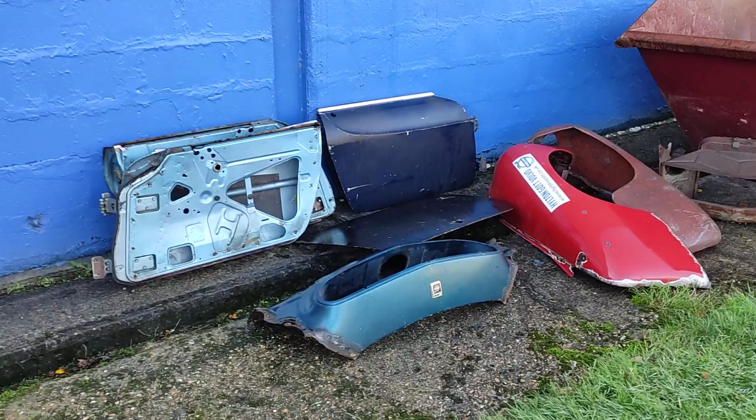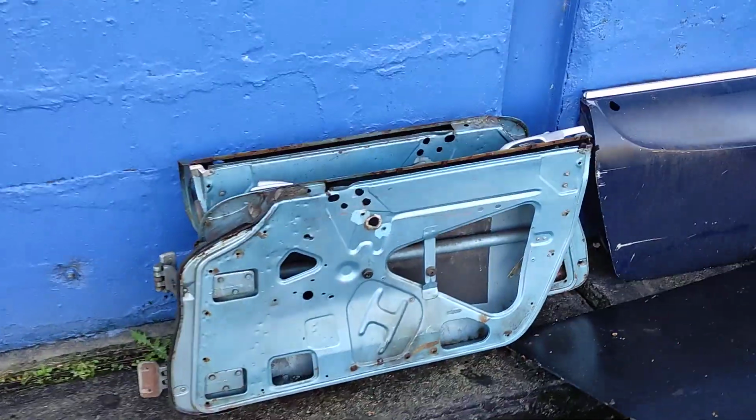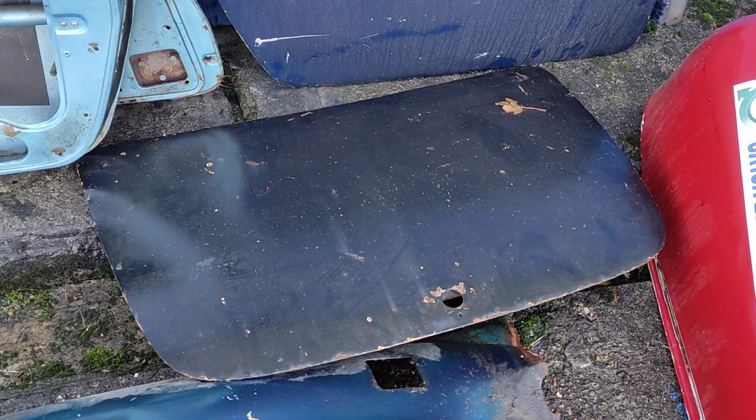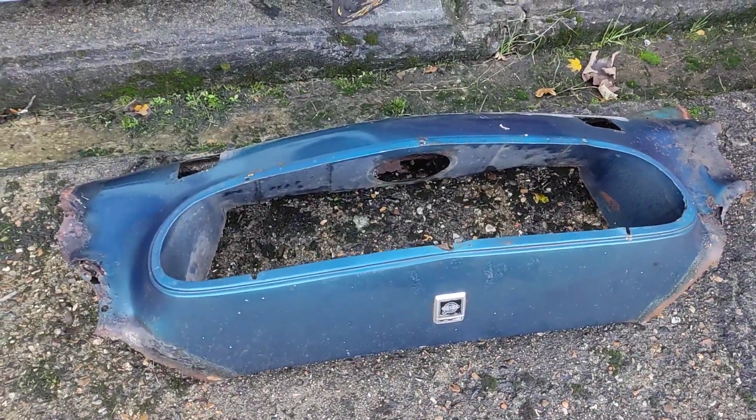And a couple of days of really hard work on the racks, being absolutely brutal. That's a pair of fuel injection P18 doors, a P18S door, a P18 boot lid, which is halfway decent. Well, the back edge is going, so that's why it's there. That's a fuel injection nose cone there,